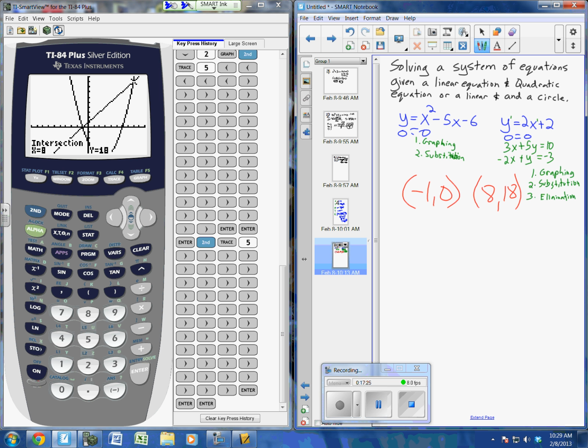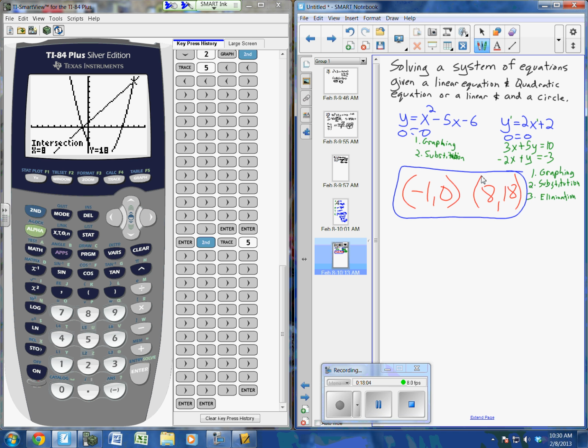Do you see that? Also, 8 and 18 will do it too. If I put 8 in for x and 18 in for y, it would make both sides equal on both equations. I want all the solutions. That's it. So do you guys get that? Yes, sir. Okay, that's my 2 solutions. Yeah, this is the x coordinate, this is the y coordinate. So you put the x coordinate in for x, the y coordinate in for y. Yep. Yeah. Well, part of it's going to be doing that, and the other part is going to be